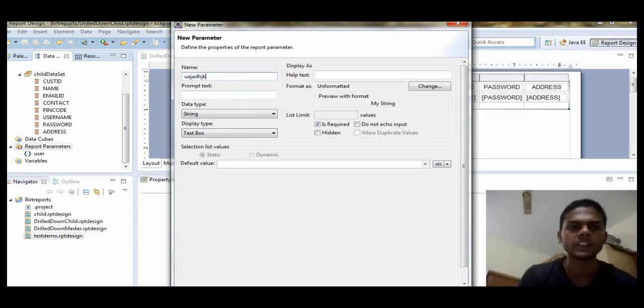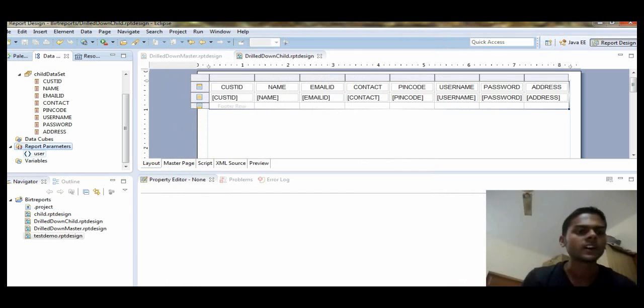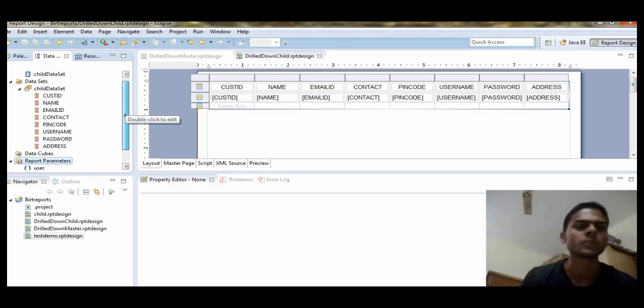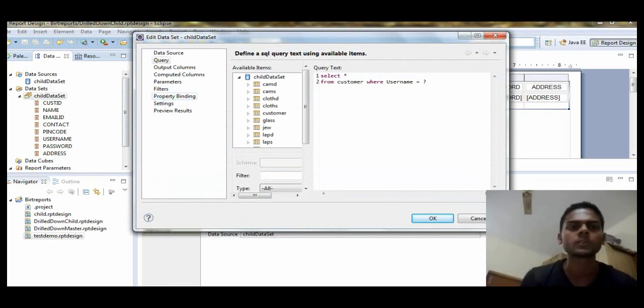After giving any name you have an option on OK. After clicking the OK, a new report parameter will be generated here. I have created a user parameter here. I am going to show you how this report parameter is going to be used in all these functions.